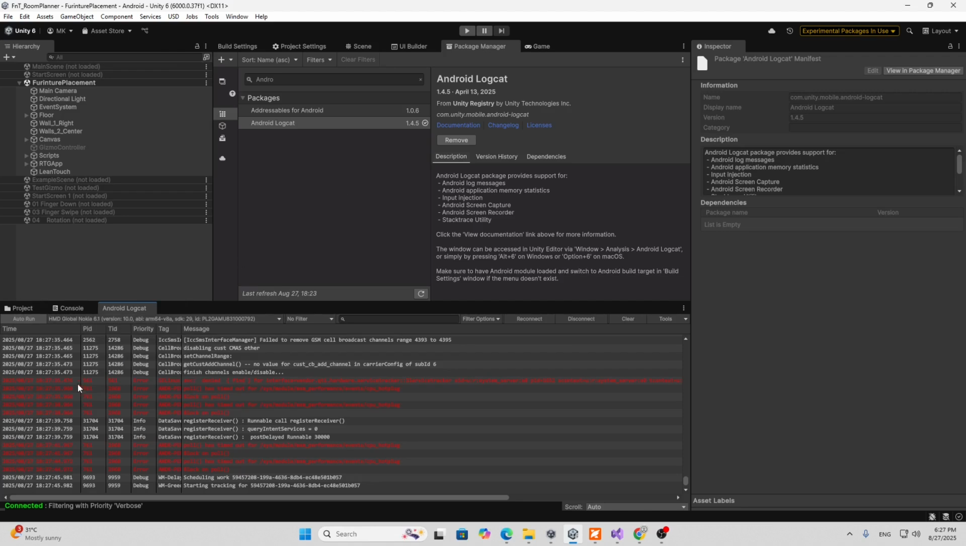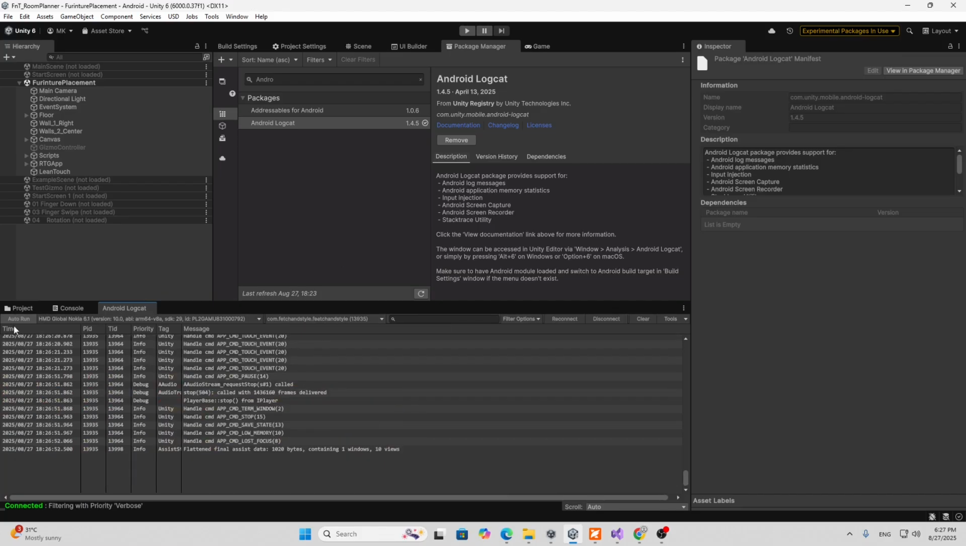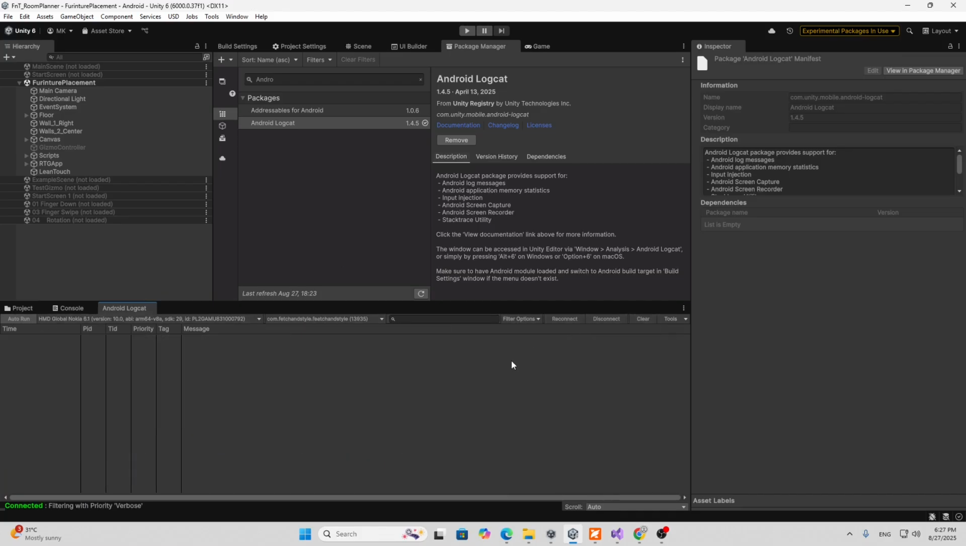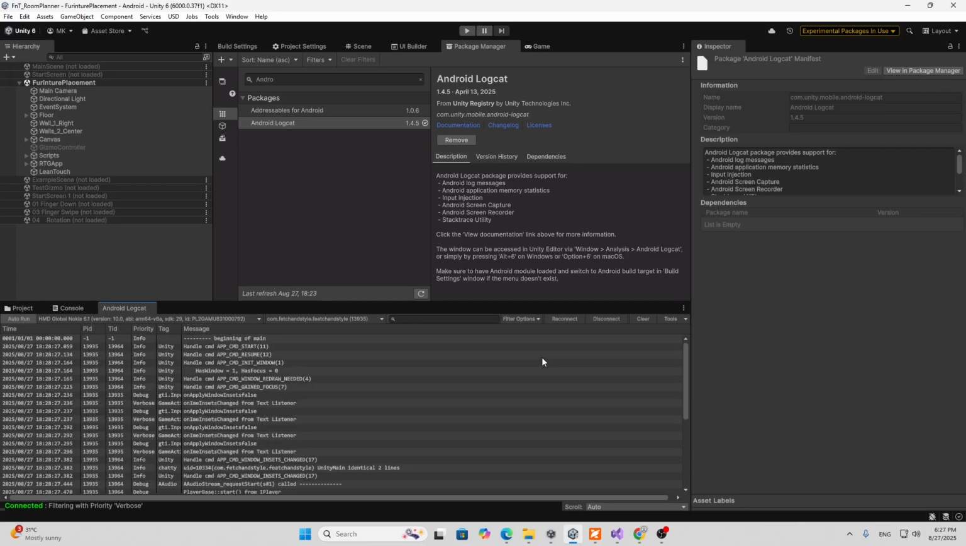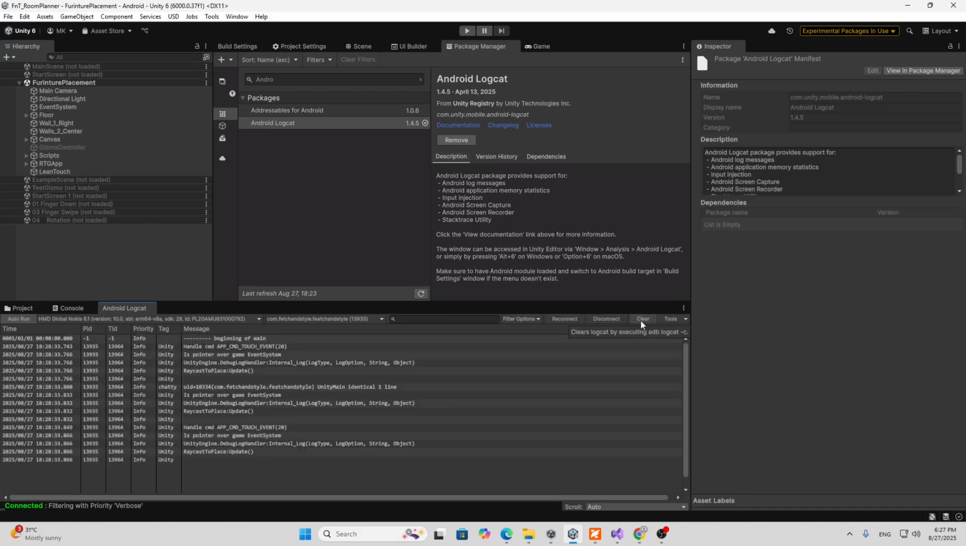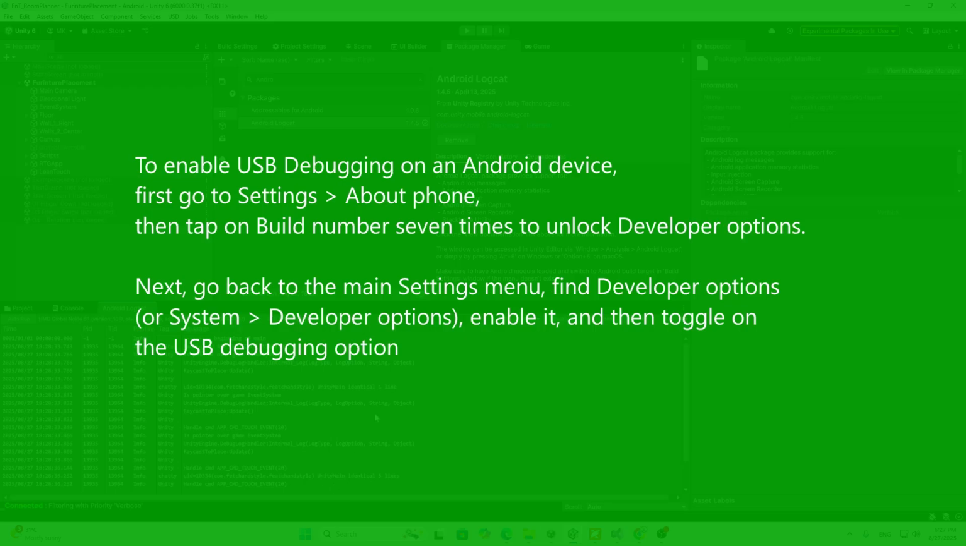Now if I run my app, I will find the app right here, which you can see here. So if I just go to my app, which is correctly connected, you can see it's showing me all the logs. Let me clear this and try to create more logs. It's showing